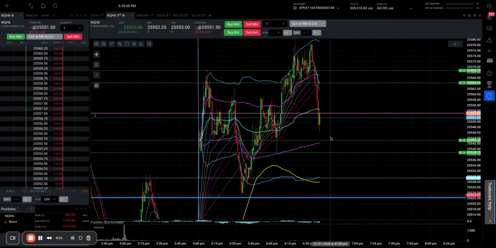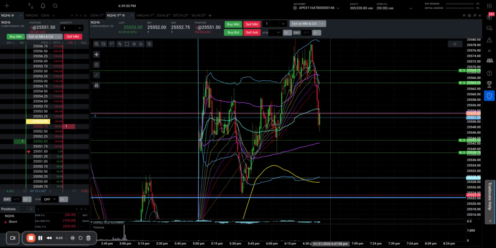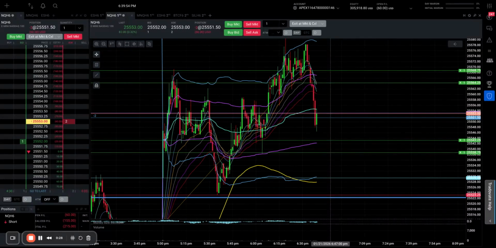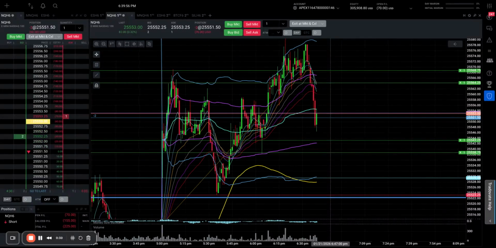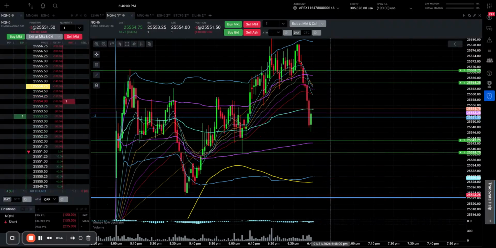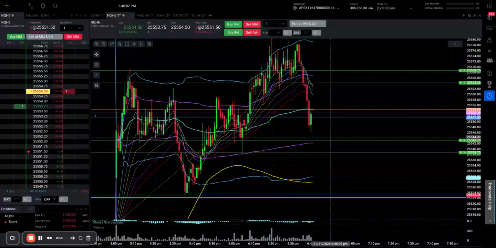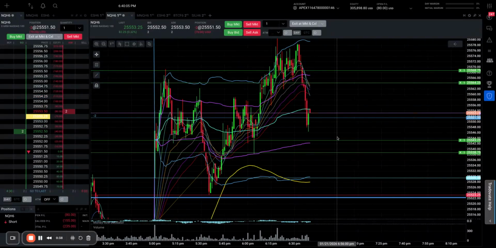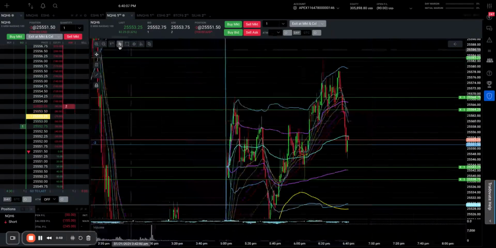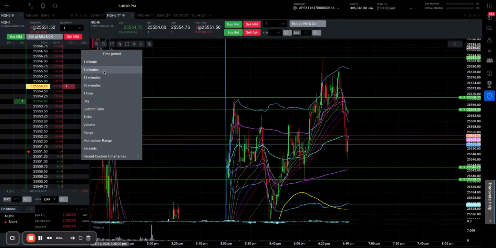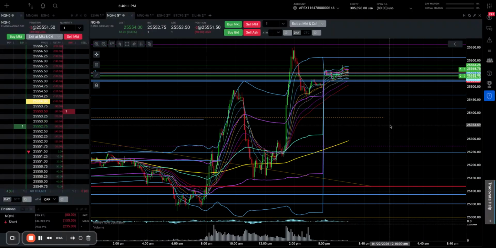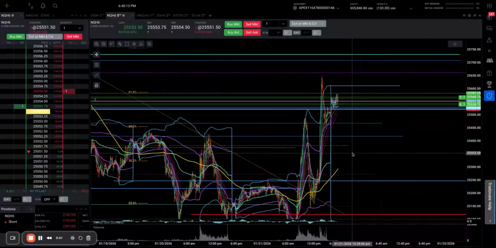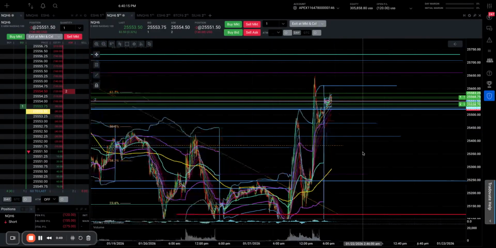All right, guys, tonight I'm going to make a video about how to map out key levels for the next trading day. What are going to be some very important areas of interest to enter in or exit out of trades. So basically what we want to do is zoom out here to the 5 minute. Okay. And let's take a look at